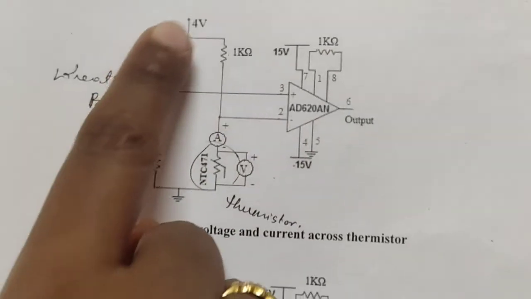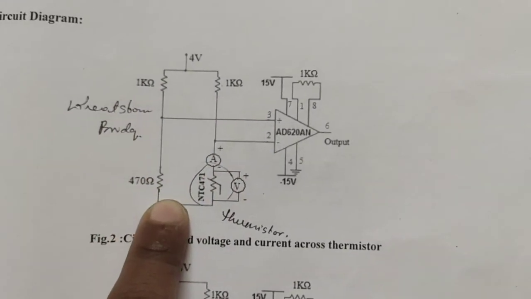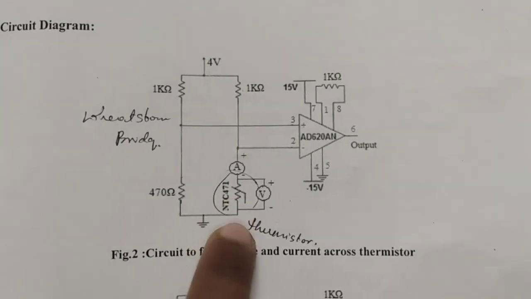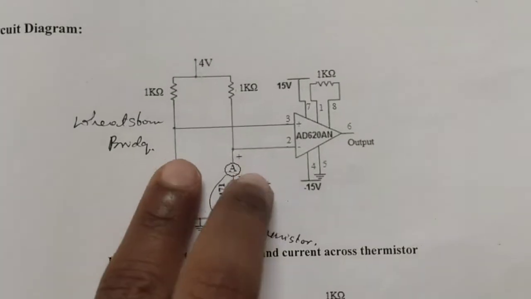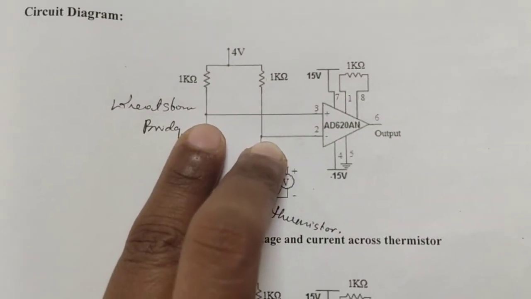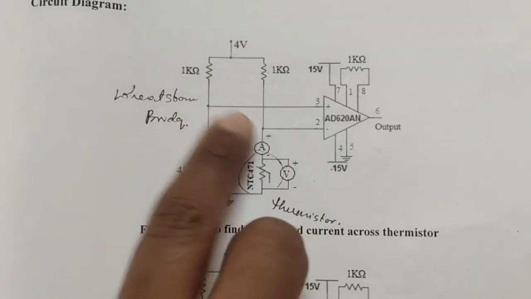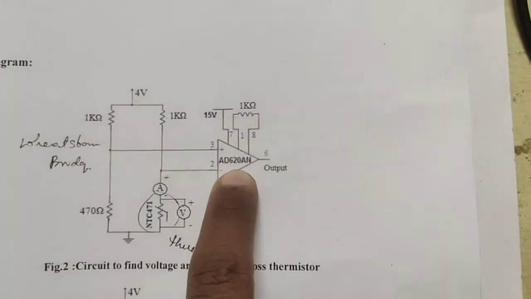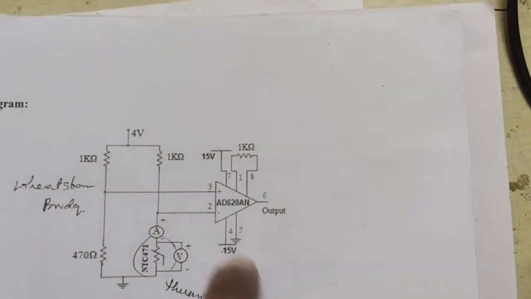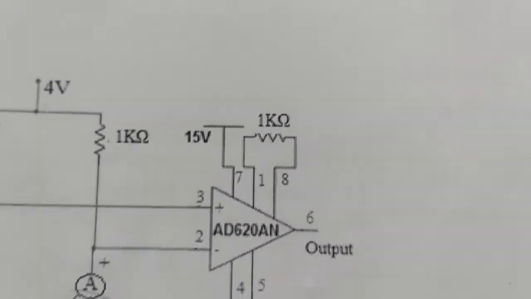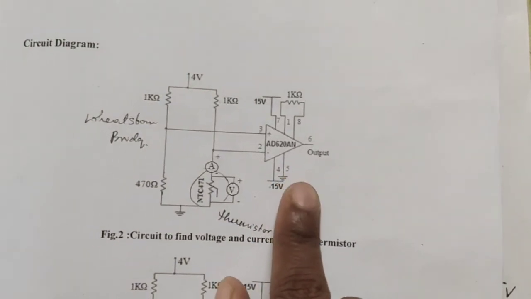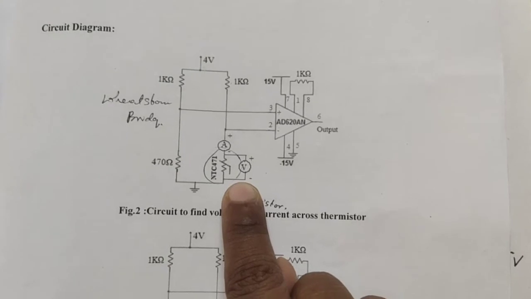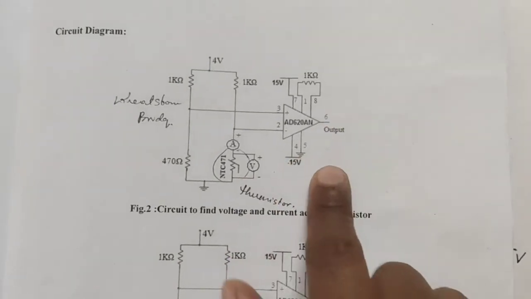As you can see here, in the first part we have the Wheatstone bridge. In one arm we are connecting our thermistor, where we note the variation in the resistance. The two arms of the bridge have their output connected to the instrumentation amplifier AD620. The instrumentation amplifier amplifies the signal, since the output of the sensor is very low in magnitude.